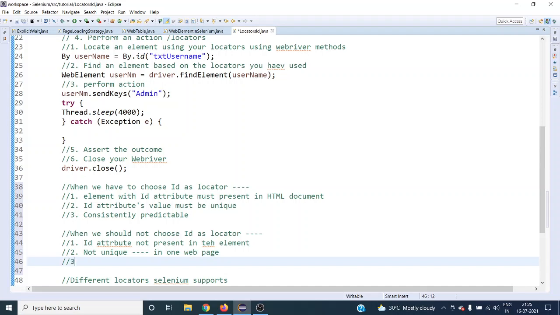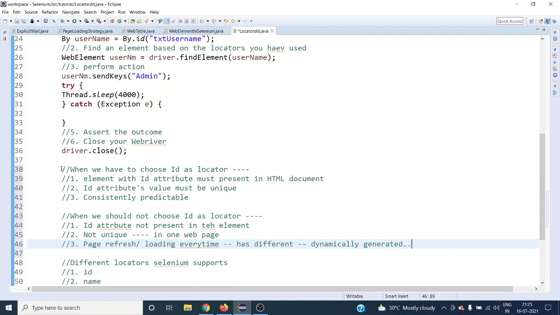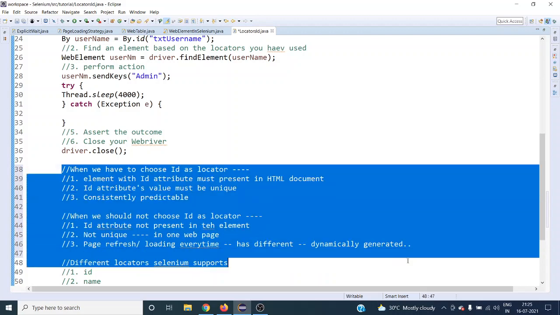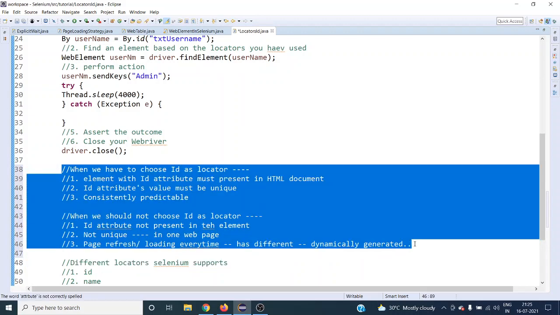And the last thing is, if page refresh or loading every time gives different values, dynamically generated, then you should not go for this ID attribute. So when you go for this ID attribute, you should consider all these as prerequisites.